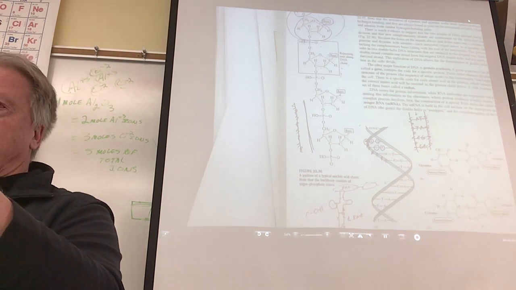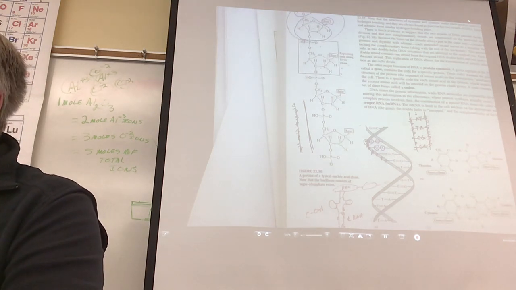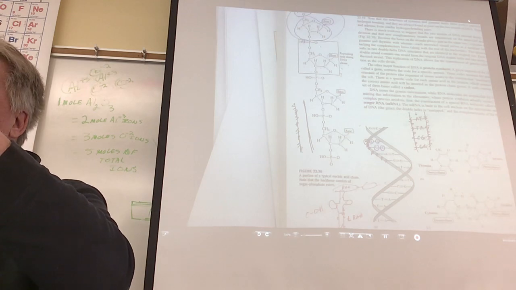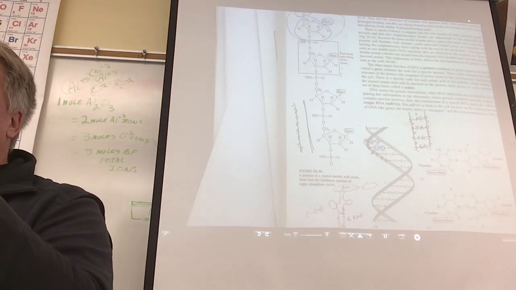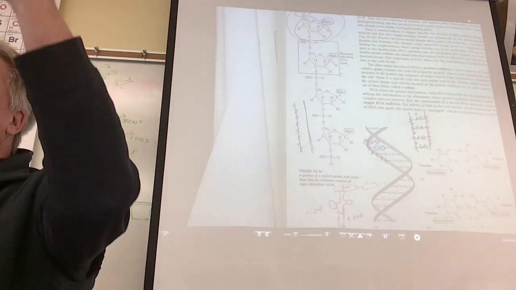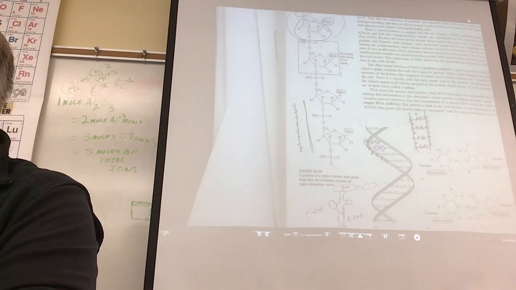Oh, hydrogen bonding. There are three hydrogen bonds right there, and there are two hydrogen bonds in the other one. So what holds them together is hydrogen bonding. Now, not as strong as covalent. You say, well, why wouldn't you want it to be strong? I'd want these to be strong because I want the sequence to stay the same: C, G, A. See that? I don't want the DNA sequence,